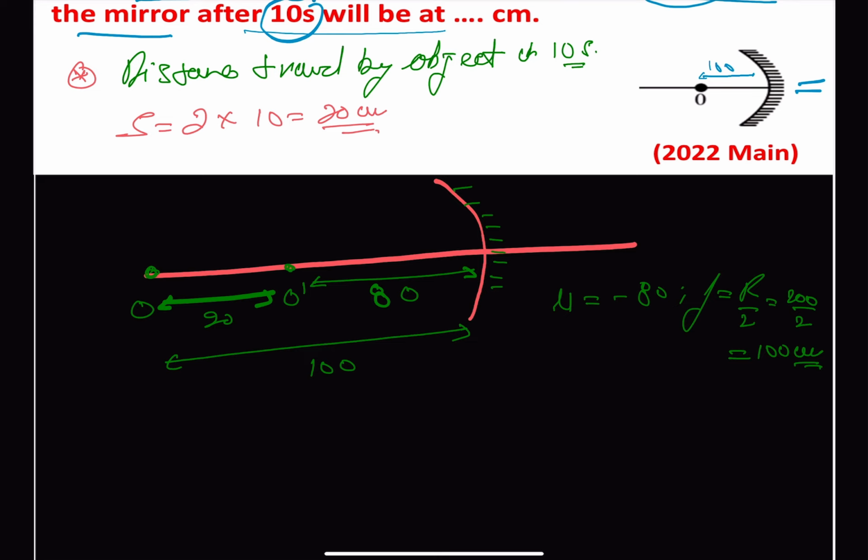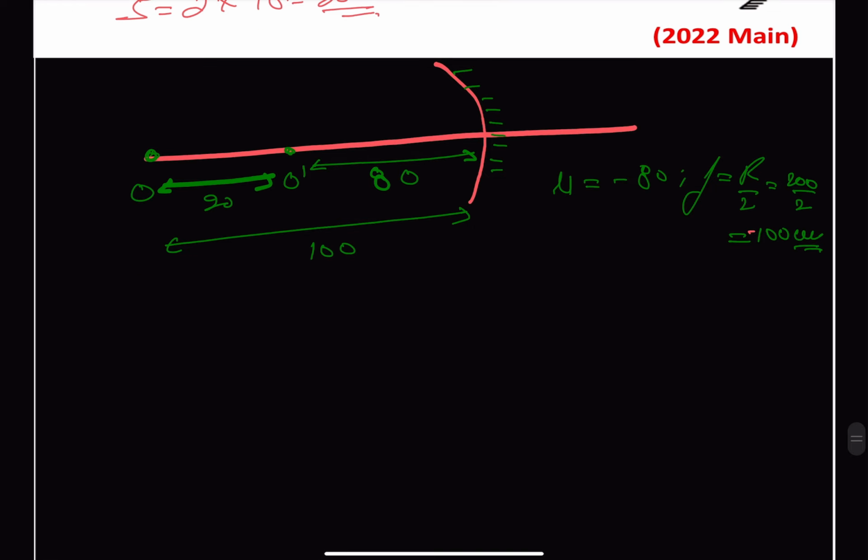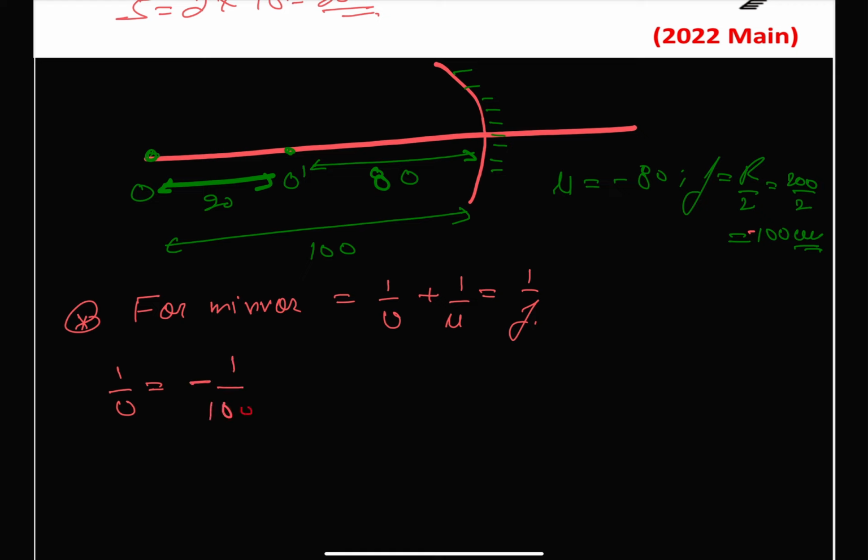So now we can just use the straightforward formula for mirror. We can say that 1 upon v plus 1 upon u is equal to 1 upon f. So we get 1 upon v is equal to minus 1 upon 100 plus 1 upon 80,